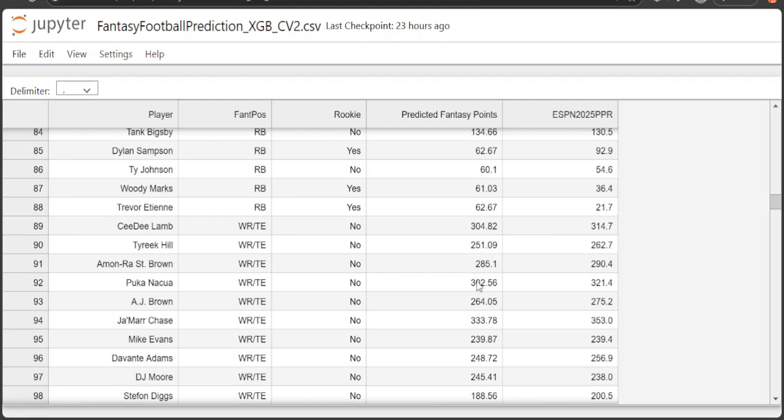So that's interesting. Amon-Ra St. Brown has him at 285, and ESPN has 290. So if you were going to take somebody in the first round, would you take Amon-Ra St. Brown or Puka Nacua? And that's a really interesting question because